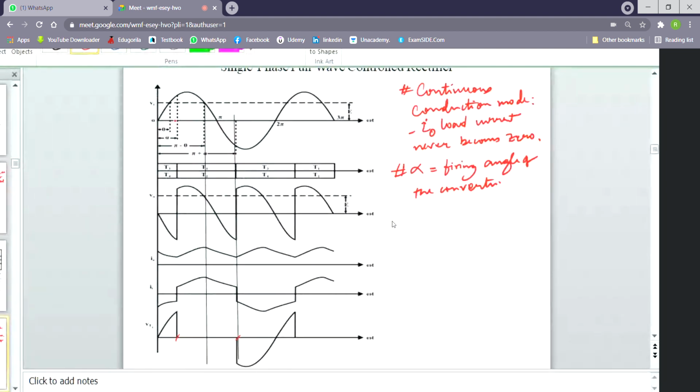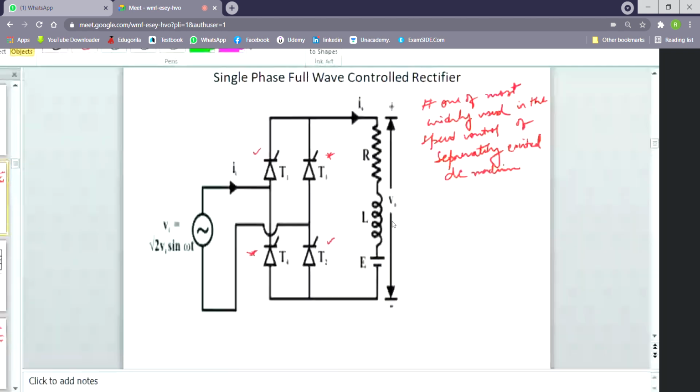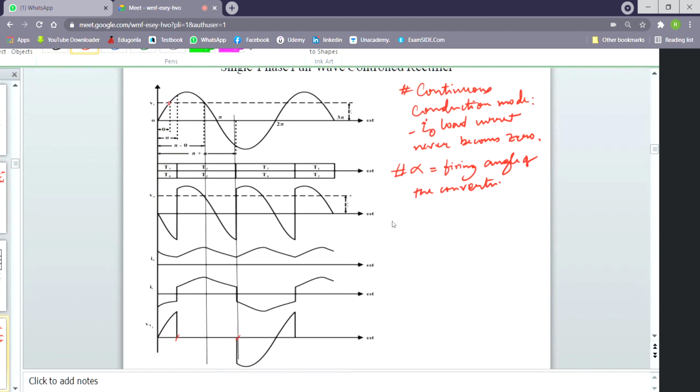Okay, and what we can see from the figure here also is that the angle theta is the point where our voltage, that is Vm sine theta. That is Vm here, root 2 Vi can be written as Vm, correct? This can be written as Vm sine omega t. So theta is the position from this figure. Theta is basically this point. So this omega t equal to theta, how can we find the value of theta? As you can see from the voltage waveform, if this is the source EMF E, then sine theta would be equal to E by Vm. So we can easily find the value of theta from this expression.